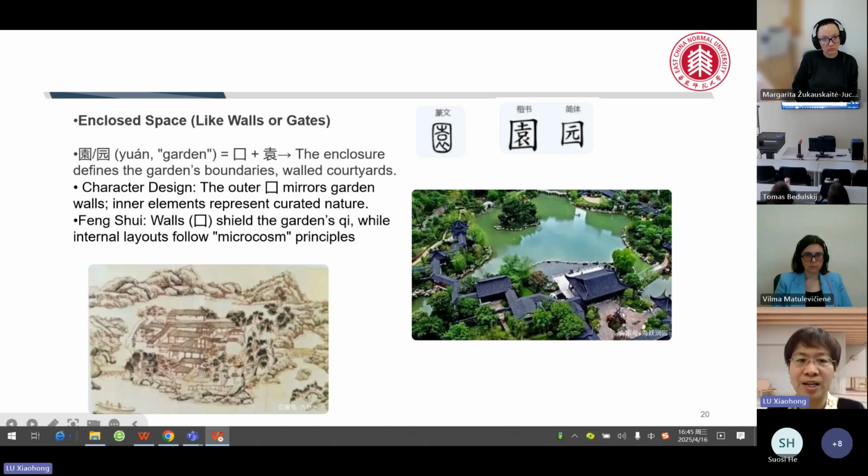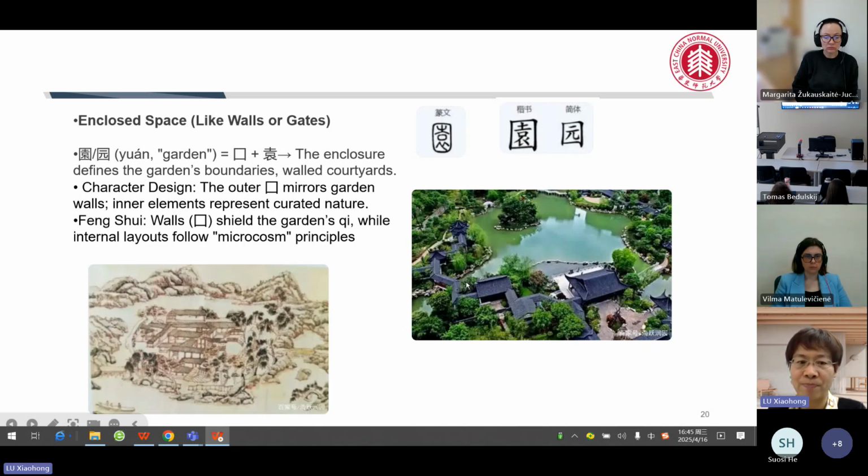It has a wall around it. So this is the yuan. And also from the feng shui perspective, we can see that walls are like a kou, a circle, an enclosure. That means it can shield the garden's qi, or energy. We call that qi. So it will not let this energy go out. So this internal layer will follow microcosm